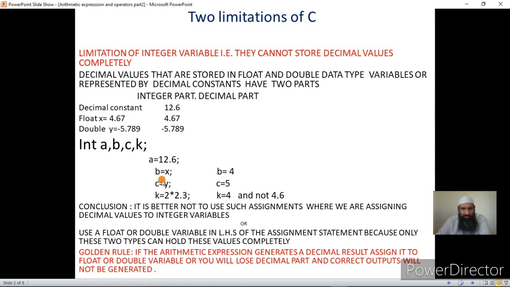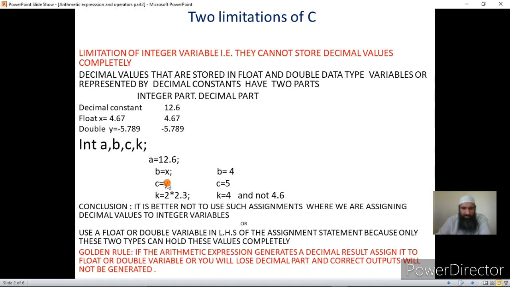Okay, now if I say c is equal to y and y is of type double, and y has a negative value. Now I am trying to put the value of y into c. This is actually the assignment statement. Whatever is on the left hand side variable, to that we assign the value that is produced by the right hand side. That right hand side can be a variable, or a constant, or an arithmetic expression, or a function call. Now in case it is a variable, whatever value is in the variable, that I am assigning to the variable that is on the left hand side.